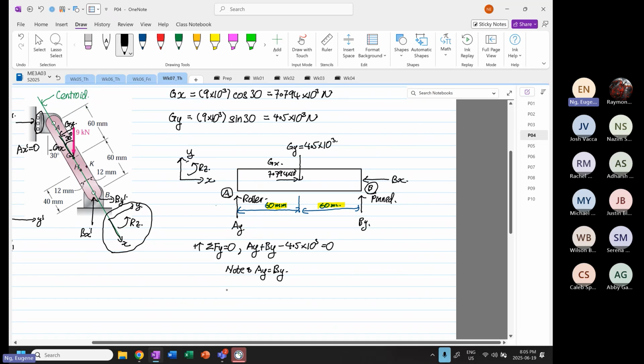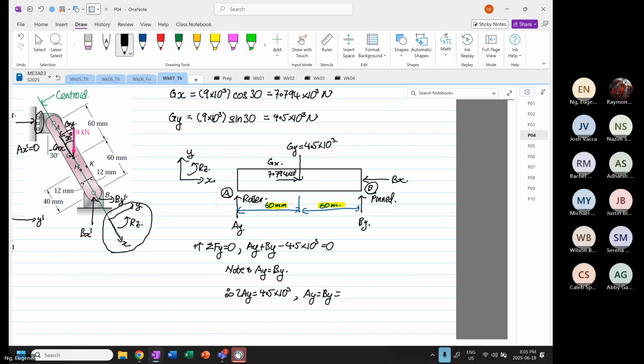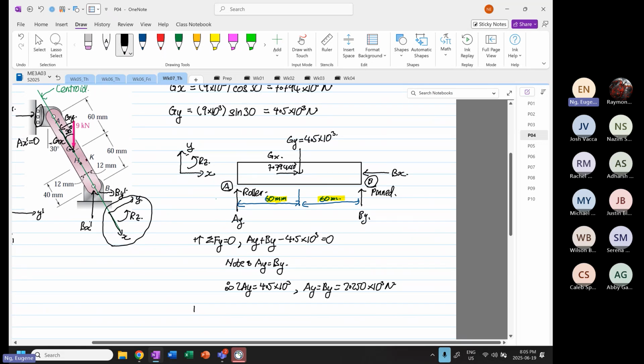So therefore, 2Ay is equal to 4.5 times 10 to the power 3. So you have Ay, which is equal to By, and this is equal to 4.5 divided by 2, 2.250 times 10 to the power 3 Newton. Okay. Then we do summation about forces in the x